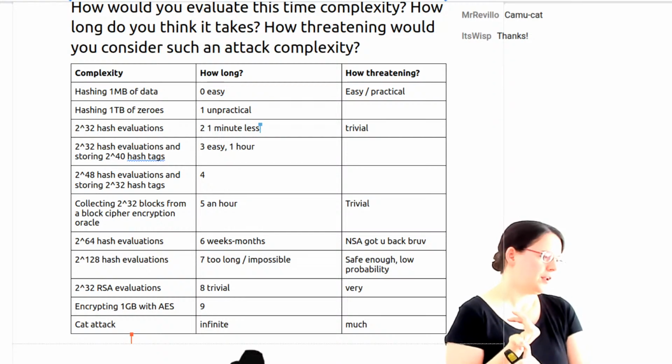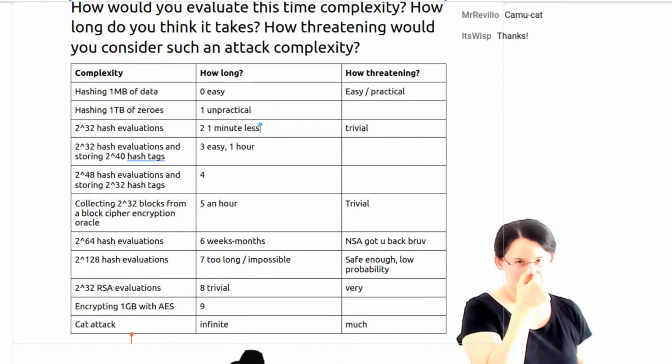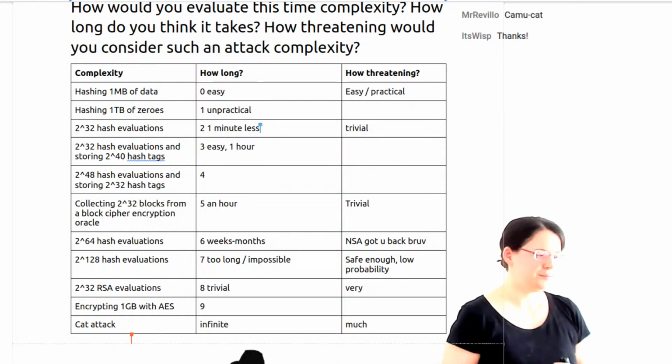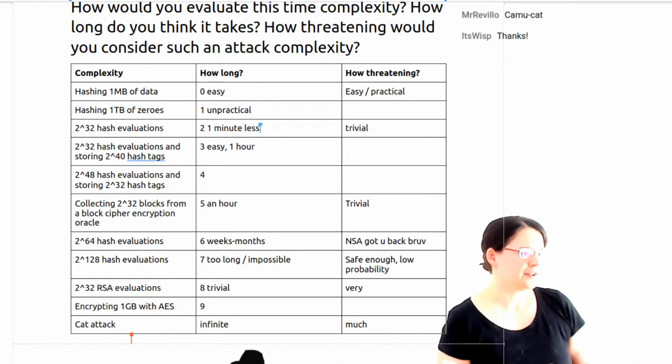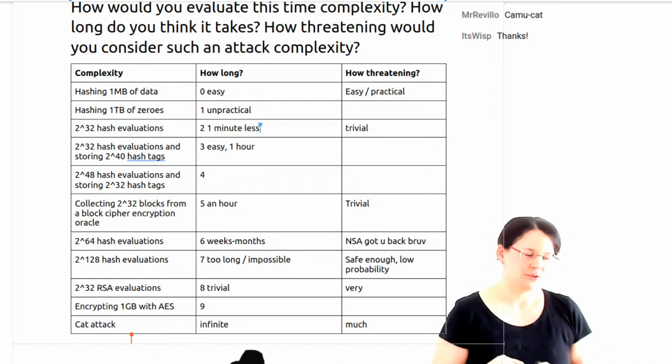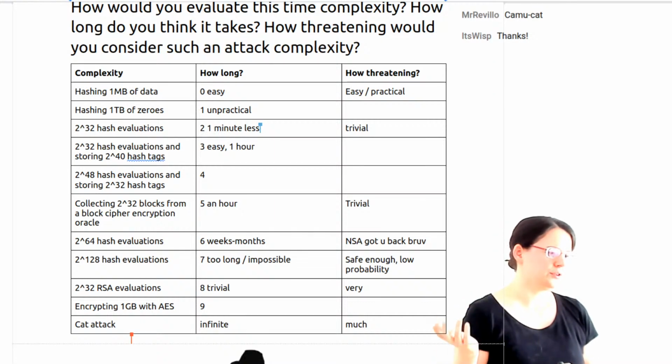So for example, if you do pure AES encryption and you use the inbuilt instructions that your CPU comes with, then you may achieve something like very roughly 1 cycle per byte or so. Meaning to process something like 2 to the 32